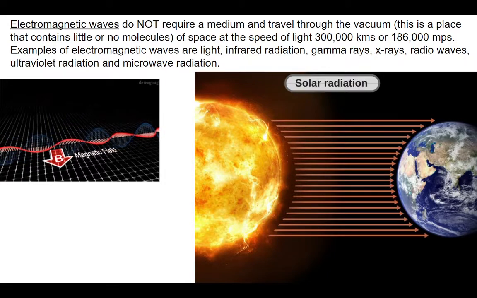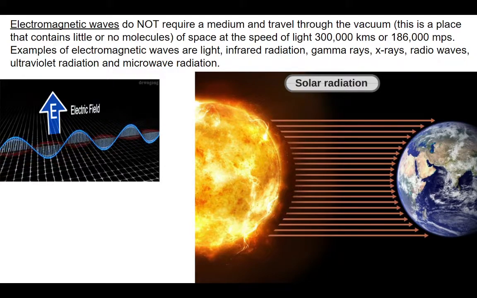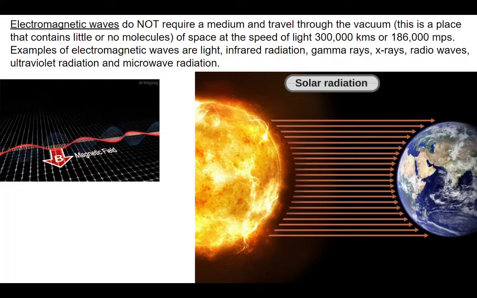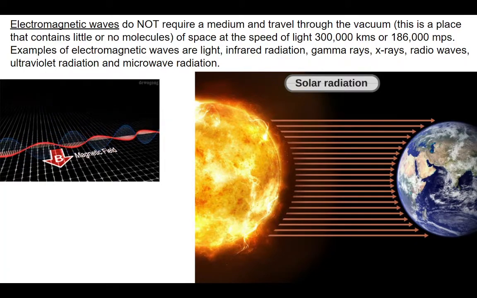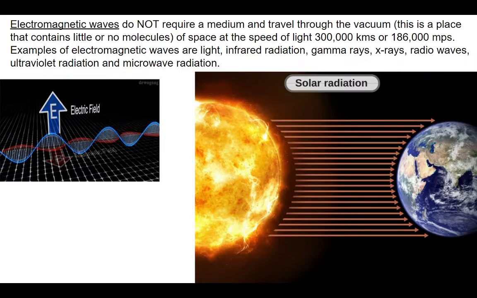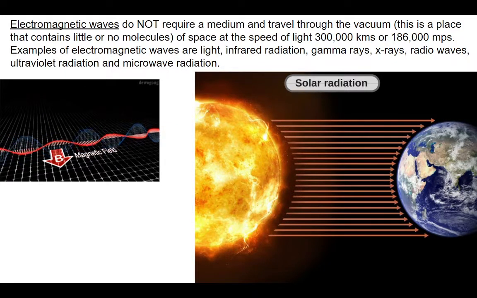Now, electromagnetic waves are our other category. They don't need a medium. They can travel through the emptiness of space. Now, we say vacuum. It's not sucking or anything. It's just that there's no particles there. So, waves that are electromagnetic, there are 7 kinds. And these 7 types, we will have a whole unit on